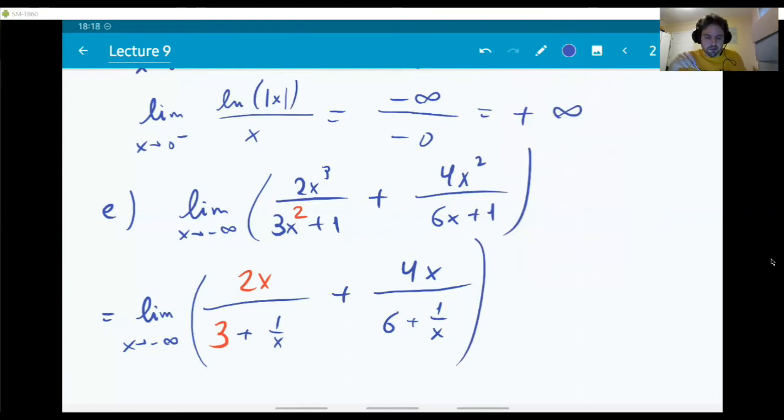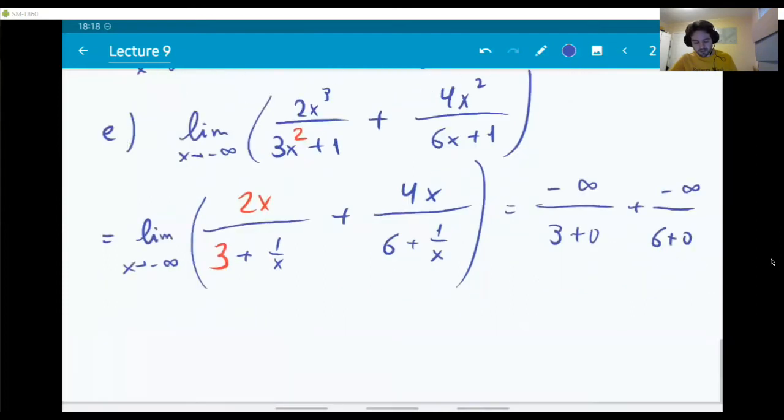What happens as x goes to negative infinity? In the first one, 2x is going to negative infinity. 3 is going to 3, 1 over x is going to 0. And the other one, 4x is going to negative infinity. 6 is going to 6, 1 over x is going to 0. So you see this is negative infinity